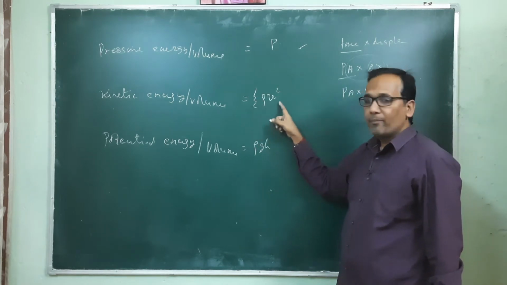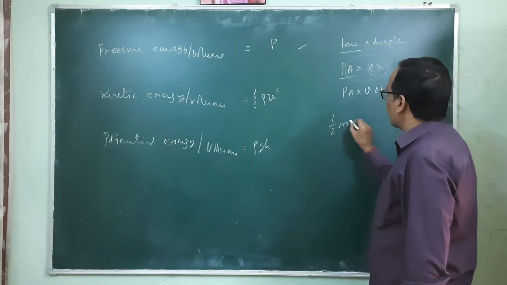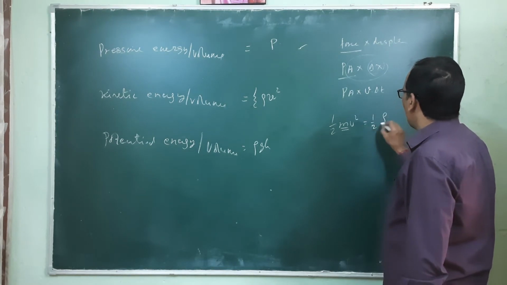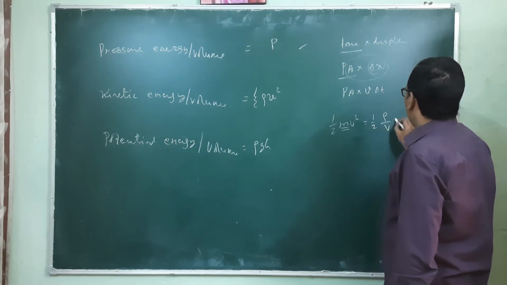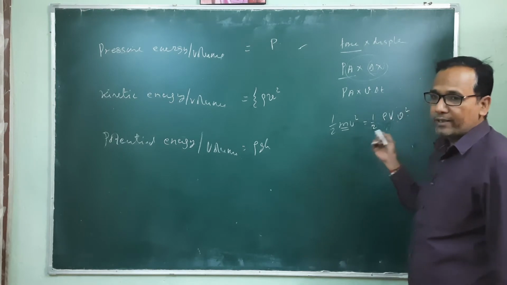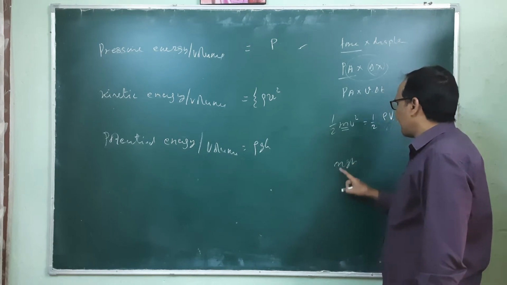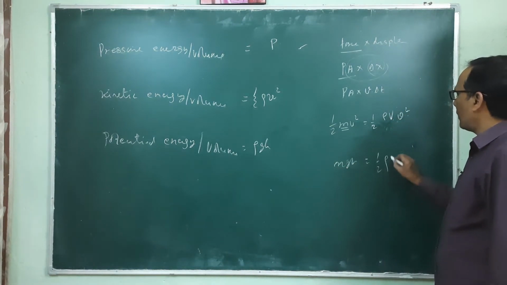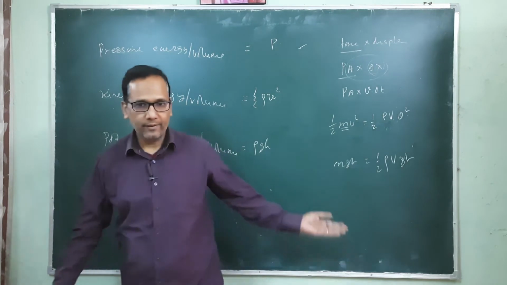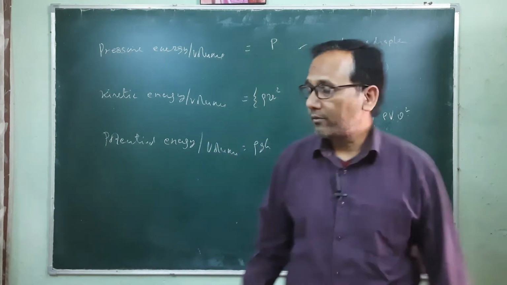So here this is half mv square. Mass is converted into density. So the second case we have taken is half mv square, and mass is converted in terms of density, so this density is rho multiplied by V. So this is V square, rho multiplied by V. When we divide this by V, then we will have this. And for this, this is mgh, and again m is converted in terms of volume. So this is rho V gh. When we divide this by V, we can get this relation. So this is rho gh. So that is the calculation we have performed.